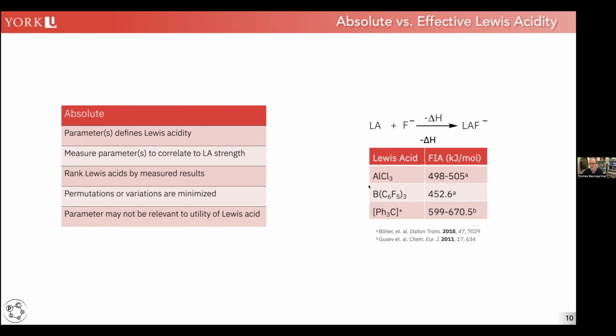This is a compound we call BCF, tris(pentafluorophenyl)borane. You get one number, that's great. But even for aluminum trichloride, depending on the computational method that you use, you get a little bit of variation. We could say it's around 500. This is perfectly fine. But if you look at the trityl cation, you get a wide range of numbers already, just by the computational method that you employ. So again, that's a 10% difference. And if you have Lewis acids you want to compare, your window is way too big to actually compare two Lewis acids. This opens up the door now for effective Lewis acidity. And this is something we have tackled with our method.